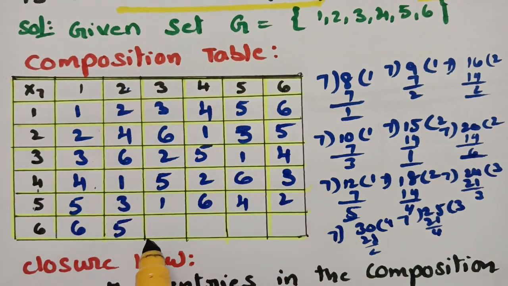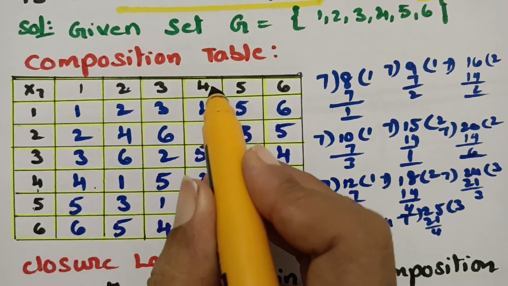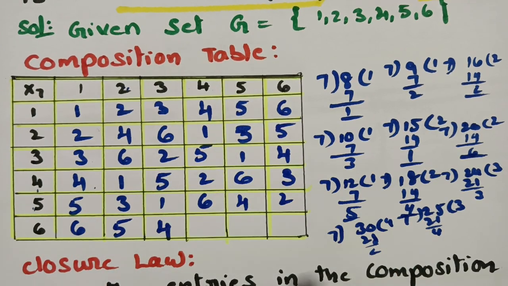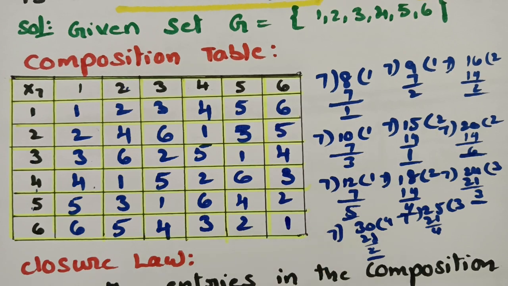And next one, this is 18, the remainder here is 4. And next one, this is 24, the remainder value here is 3. And this is 30, so for 30, the remainder value here is 2. And this is 36. So 7 5s are 35, the remainder value is 1. So now we have to multiply and divide with 7, and therefore the remainder value will be